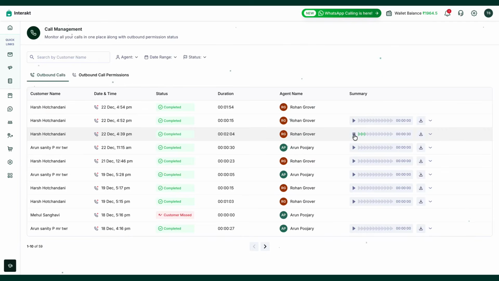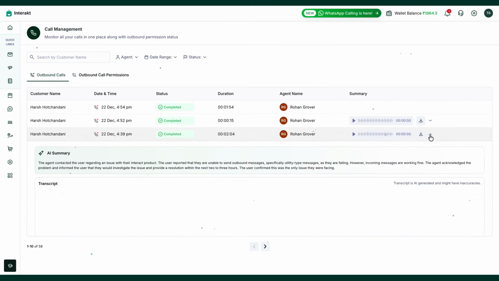Can you just let me know what is the exact issue that you're facing so that we can assist you? Yeah, actually, I have a purchase growth plan for Interakt, but I'm not able to send the messages properly. They are getting failed. So as you can see, this was the glimpse of the call recording, and when we